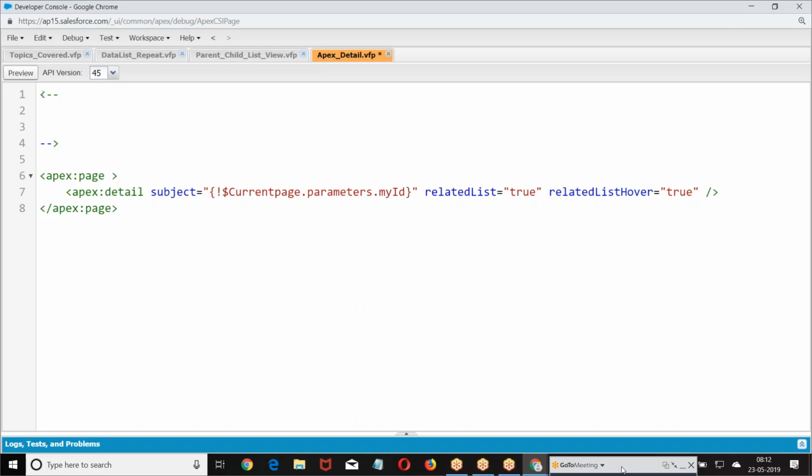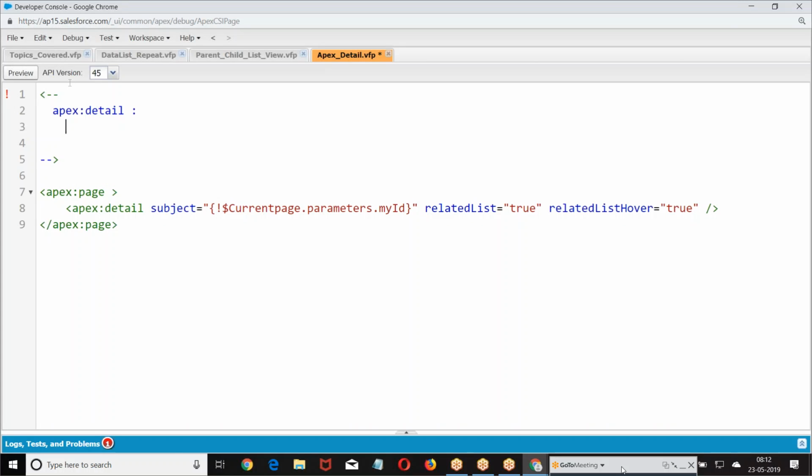The practical purpose of usage will be very less. Practically, we don't use this. Okay. As it is a component available, we're just covering it. Practical usage will not be there. Now, Apex detail. What does it do? Open the detail page of the